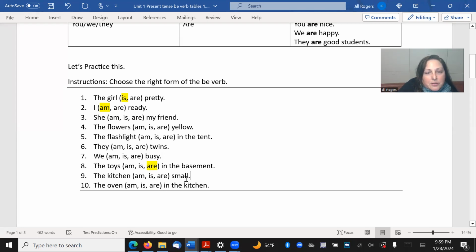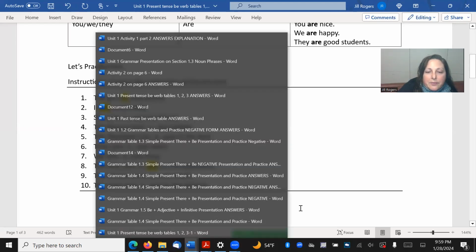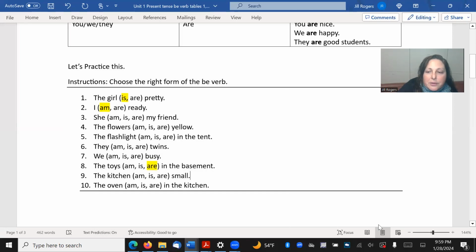Pick the one you think it is. You can always pause the video. And number 10, the oven, blank in the kitchen: the oven is in the kitchen, or the oven are in the kitchen. Okay. So what do you think it is? Right? If you need extra time, that's no problem. And when you're finished, we'll go over the answers together. Okay. Just pause the video so I can bring up the next